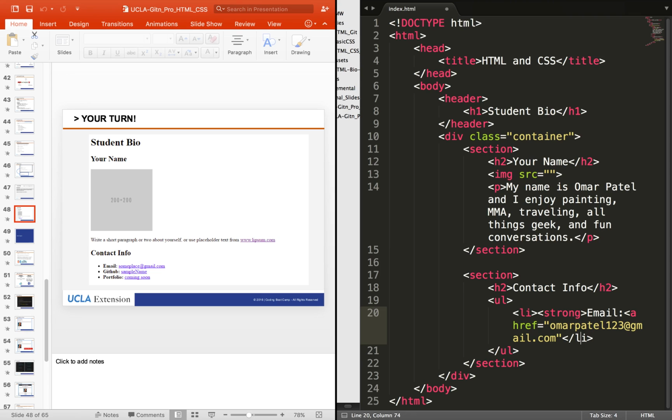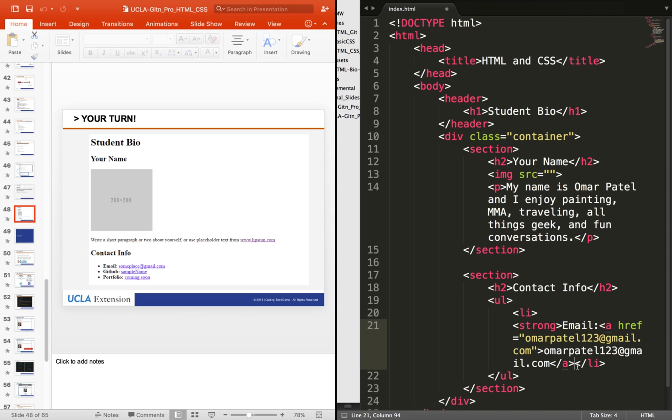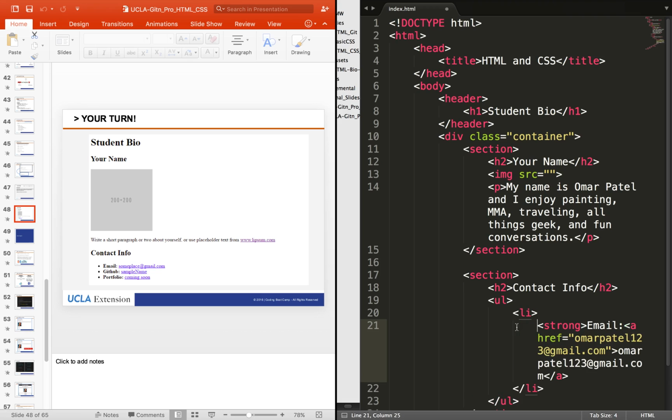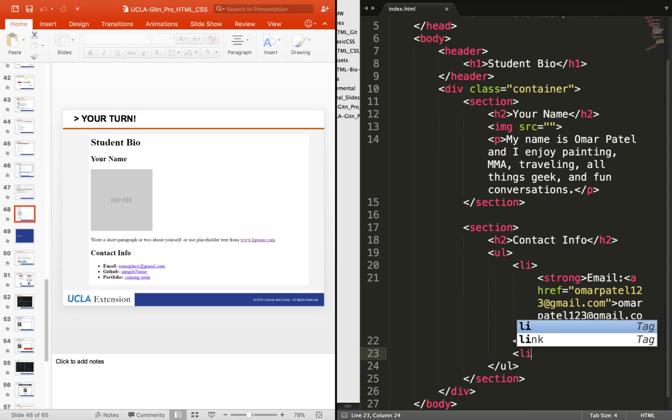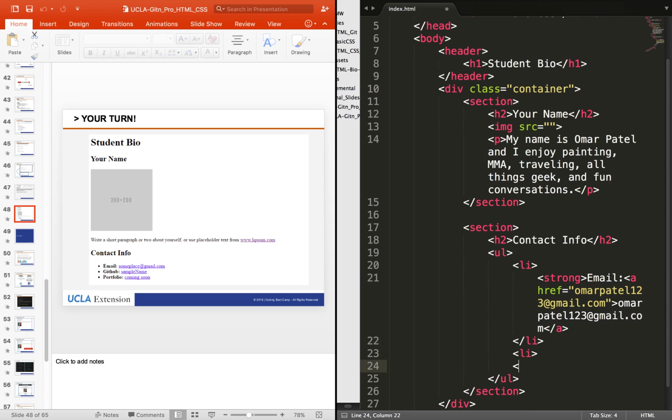And so I'm going to output that. So I'm going to put 123 at gmail.com. And we have to add our closing anchor tag. Right. That's good. And I kind of like to be a little bit better about this. You don't have to do this. I just like nesting it even more strictly, so